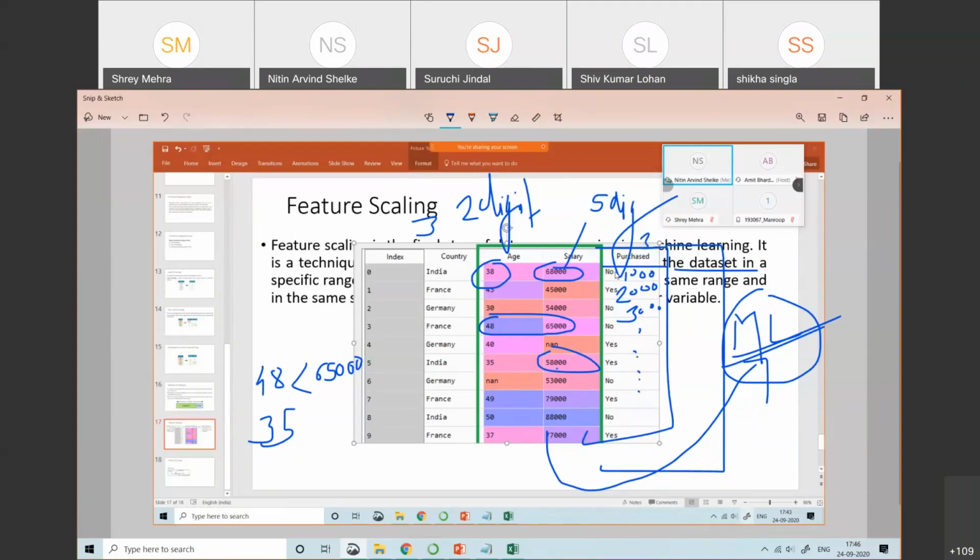To make it into one scale, we use techniques called feature scaling, under which we have standardization and normalization, and out of which we are going to use standardization. Standardization means normalizing this data into one scale. One scale means values like 0.38, 0.6, then 0.1. After feature scaling, everything goes into one scale, and that is the need of feature scaling. I hope it is clear what we mean by scaling. Is anyone having a problem with feature scaling?